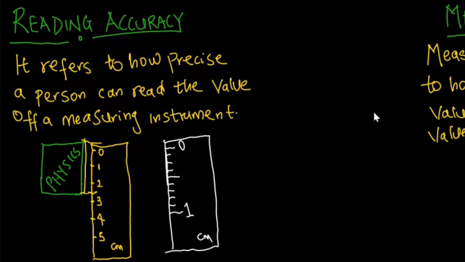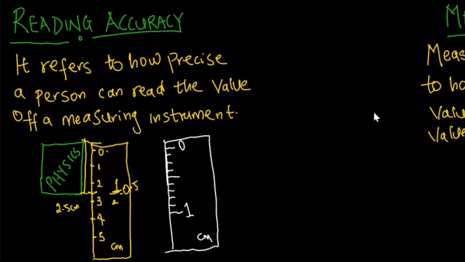So in essence, this meter is divided into one division. But to get that accuracy when reading, especially when it does not fall on 2 or 3, I'm simply going to divide by 2. And 1 divided by 2 is 0.5. So in reading, this point is going to be 2.5 centimeter. So that smallest portion you can get when reading a measuring instrument is what we call the reading